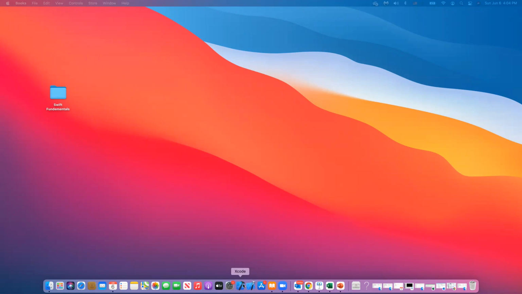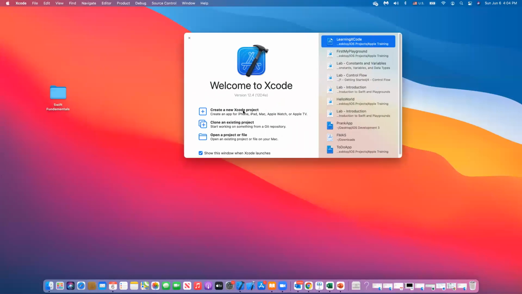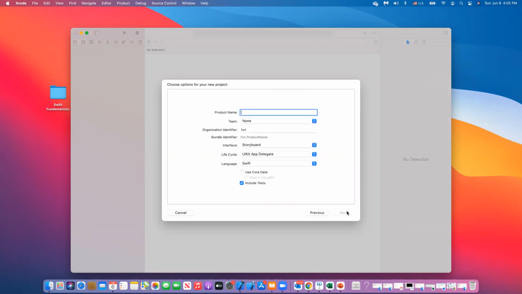We've used the playground, but now we're going to actually create an app, or get you started creating an app. So when you click Start Xcode, one of the options here is to create an Xcode project. So I will select that. When you select the Xcode project, it will tell you what type of project you want to create. Now you have different templates for different types of operating systems. The one that we're going to use is for iOS. So I select iOS, and then I select an app, and then we click on Next,